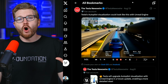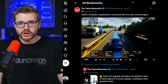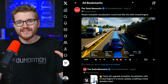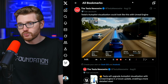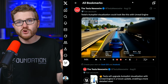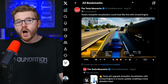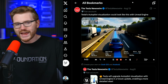And what will likely be the hallmark feature here is a brand new set of visualizations that will look more lifelike than anything we've ever seen before, likely looking something like this. That's because new code that's already in the system has been leaked and found, and is suggesting that Tesla's going to use Unreal Engine to do some of the graphics for their new system. And of course, if you don't know, Unreal Engine is like the 3D modeling animation system that